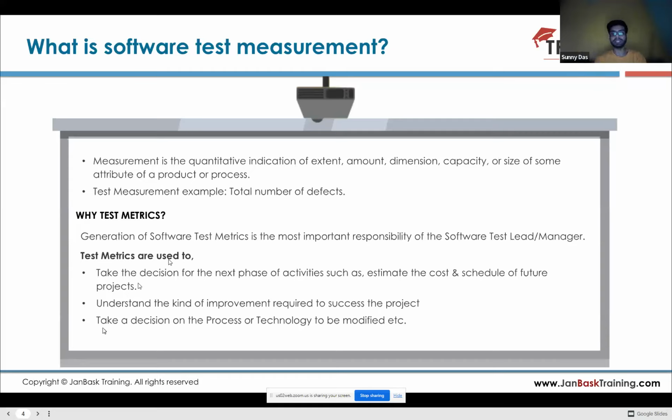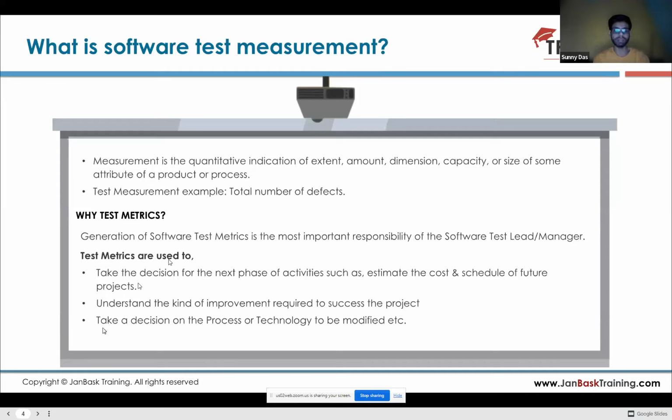Then if some regression testing is required, you're going to perform that regression testing as well. So this will actually give you the whole estimation on the schedule, right? And from that, you can also forecast how much time the testing might require in the next phase of development, right? So you'll be able to take the decision, or you can estimate for the next phase of activities as well